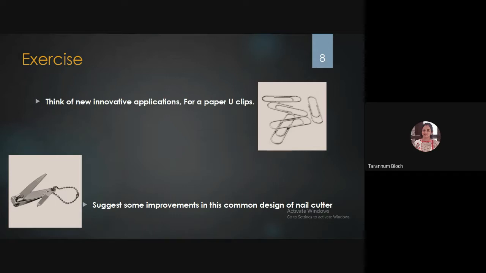So that the consumer can easily recognize what bunch of paper it is. Another thing is, at times these clips have sharp ends, which could hurt. So they can think of giving smooth ends, right? So these are a few innovations which can be possible.